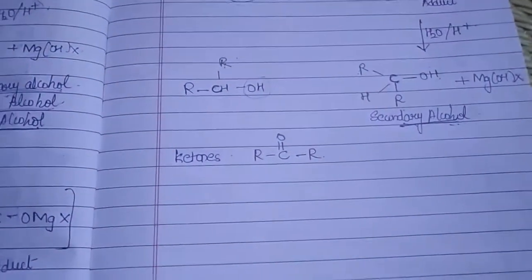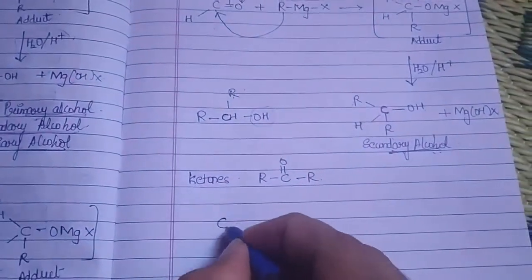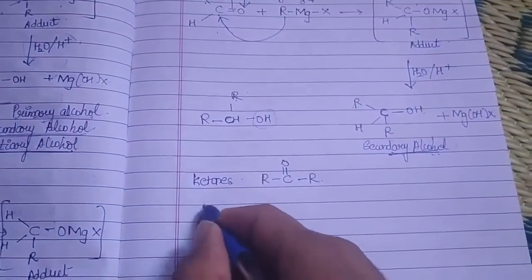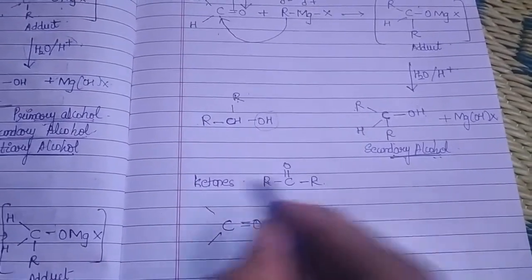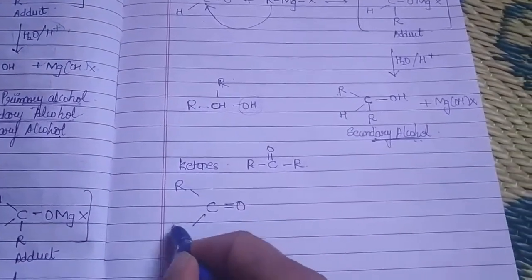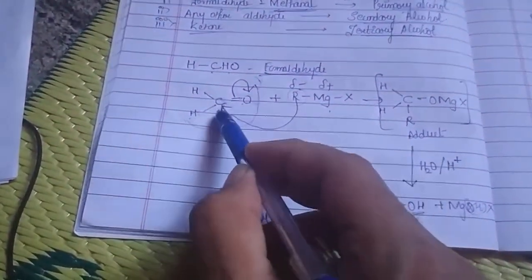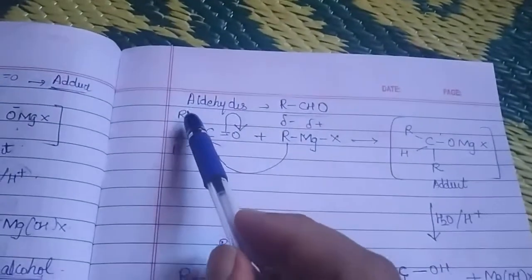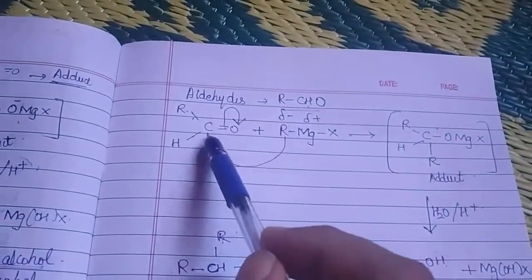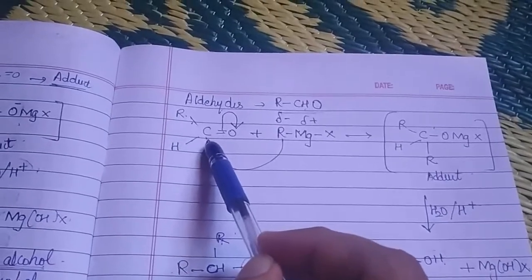This is the general formula for ketones. So in our Grignard reagent reactions, how can I write? Yes, two R's are missing. This R and this R. So here also R, here also R. You should just see the difference. Here both were H, so one alkyl group came and attached. Here of course we are having one alkyl group, and another alkyl group comes and attaches. So we got a secondary alcohol.